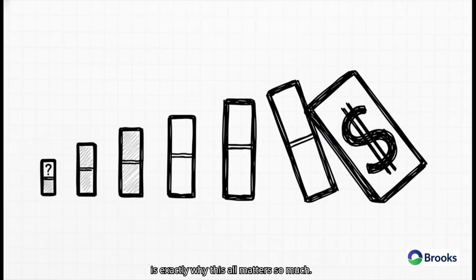And this is exactly why this all matters so much. Every little bit of confusion you catch during verification saves a developer hours of headaches. And every useless feature you catch during validation saves you from building something that nobody actually wanted in the first place. This whole process is about systematically getting rid of risk and waste.